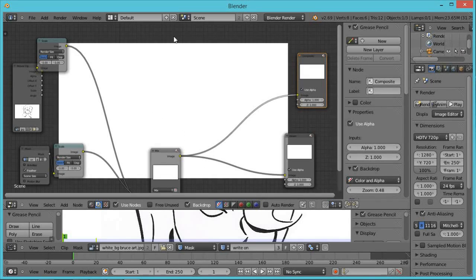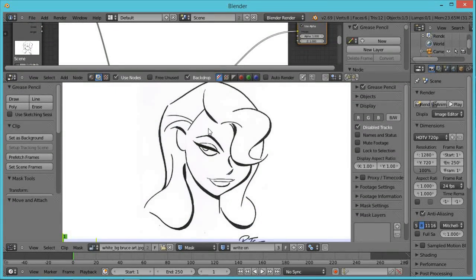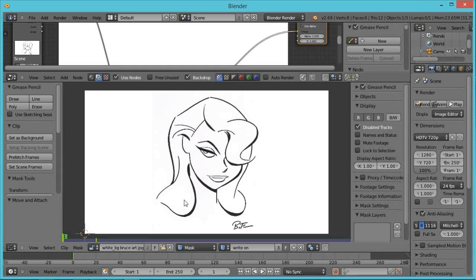Okay, once you have this set up and you see the image disappear, the reason why the image disappeared is because the image is waiting for us to put a mask over it. And when we put the mask over it, it'll be just like that write-on effect that you saw in After Effects. Now here in the mask editor, the main thing you need to know is that,